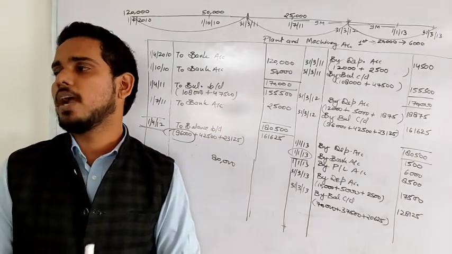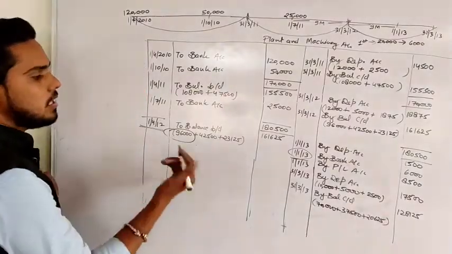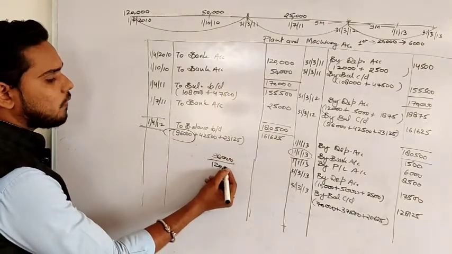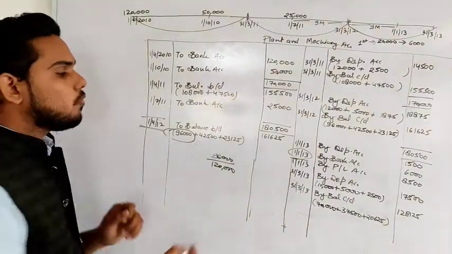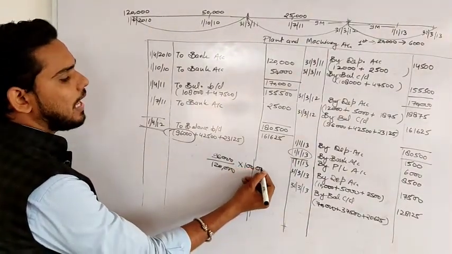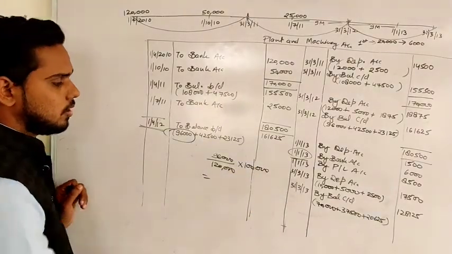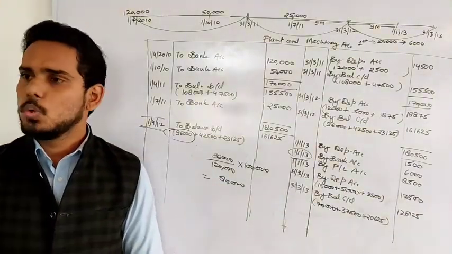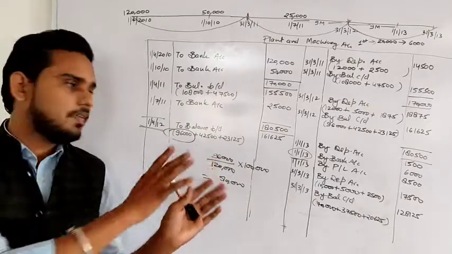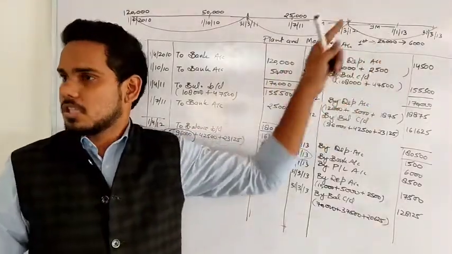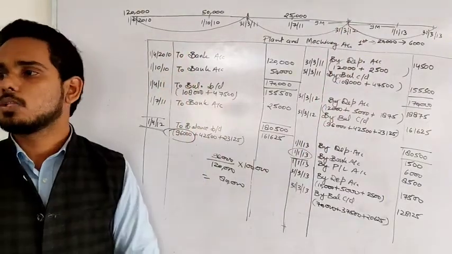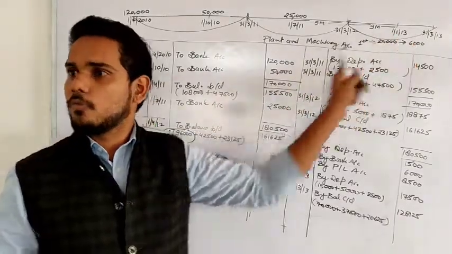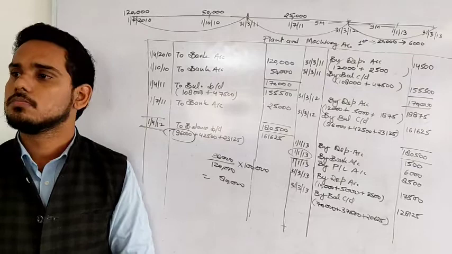There is one more way to find that 80,000. What is that? Very simple. 96,000 is the value of complete 1,20,000. Okay. So what will be the value of 1 lakh? And this will lead us to 80,000 minus 10,000, 70. So there are two ways to find that thing. Either the way you found the value of that 20,000, same way you can find the value of that 1 lakh also. Or we know the value of that 20,000, so we can deduct that value from this, and remaining will be the value of 1 lakh. Both ways are easy.